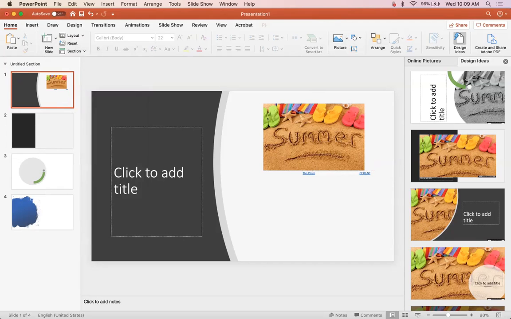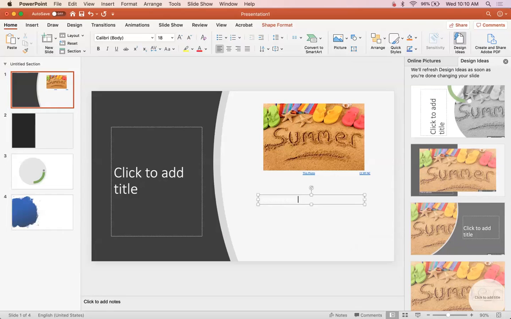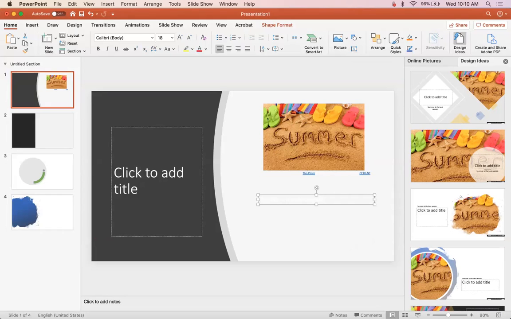Now, same with text. So I just made a little text box here. I clicked the A that's inside the box, and then I grew the box. And then what you do from this point is you click it, and then you just start typing. So notice that it is white text, so obviously I need to adjust